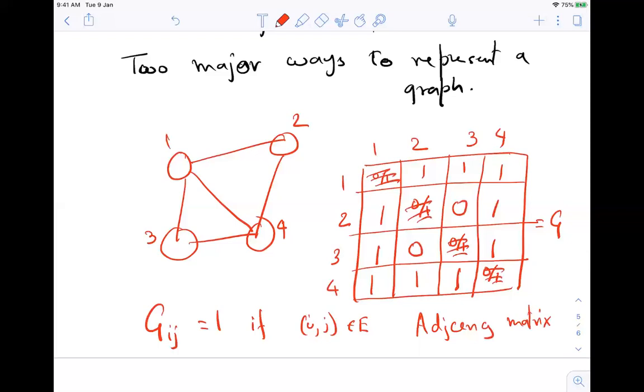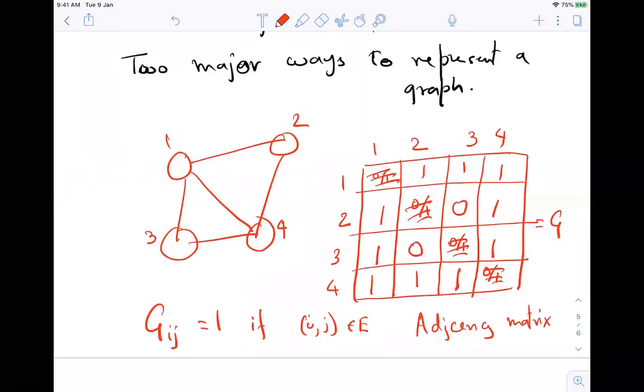Okay. A graph can be represented as an adjacency matrix. Note that even if it is a directed graph, we could have done the same thing, except if it is an undirected graph, then it would be symmetric.